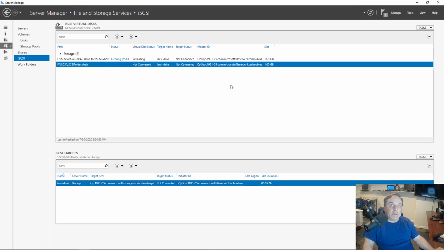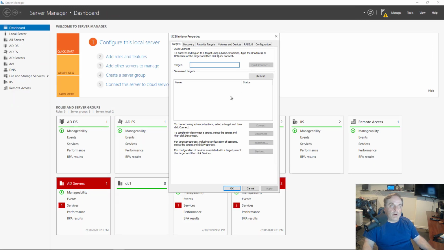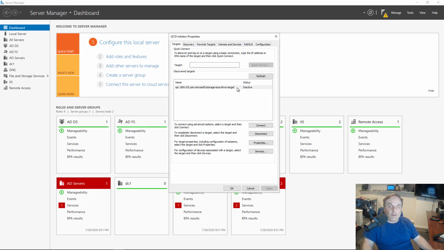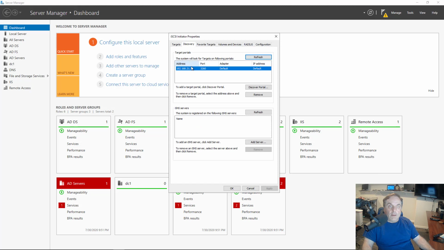Next, we need to connect the storage up to our iSCSI target. Once again, we are in file server 1, so now I can put in the target and the IP address of that. You certainly can put the name. I just find that I have more success if I put in the IP address so it doesn't have to resolve the DNS name. Click Quick Connect, and now it shows our discovered targets are there. So we click Done. Now it says it's inactive because we haven't done anything with it yet, but we're going to fix that here shortly. I'm going to click on Discovery, and we see that it has discovered it.